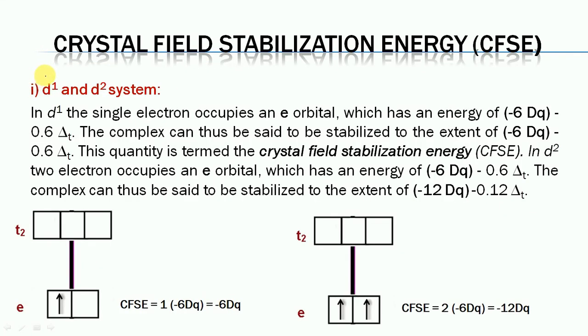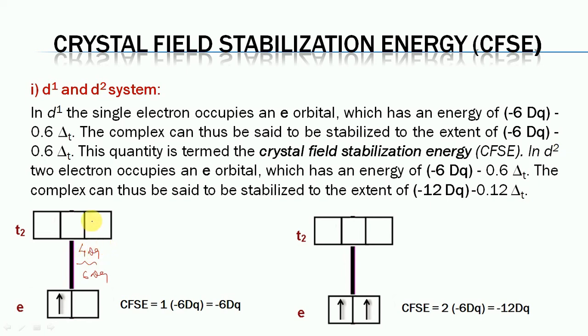Let us calculate the crystal field stabilization energy in the case of the tetrahedral field. In tetrahedral complexes, the average energy of the d orbitals does not change. Therefore, in terms of 10 Dq, the energy of each e orbital is lowered by 6 Dq, and the energy of the T2 orbital is raised by 4 Dq.